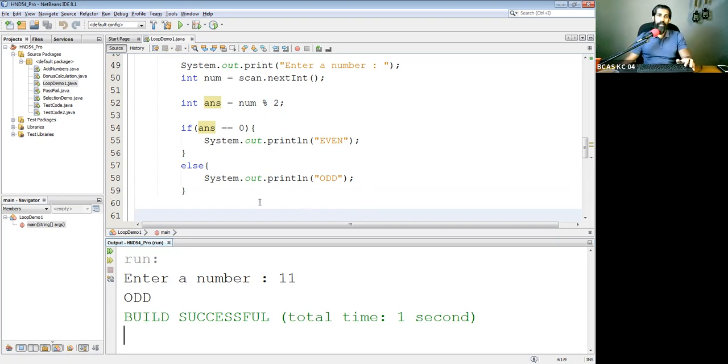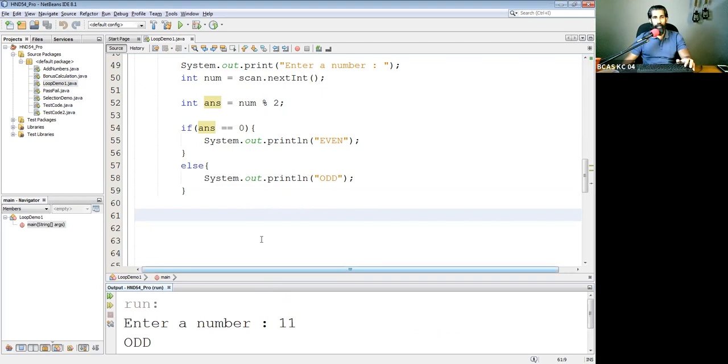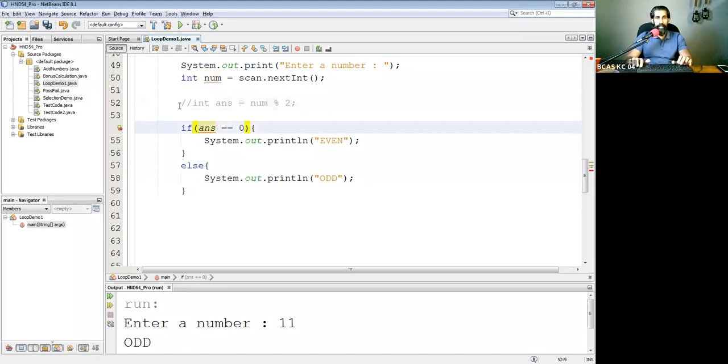Right. Now, each time when you want to do this, we can have this code a little bit modified. Here we are defining a variable called answer, and then we do a calculation like this, number modulus divided by 2, and we check whether it is equivalent to 0. So I'll show you how it can be done without this variable. Let's comment this. Here we can directly do a calculation. Use the entered value, which is number. We can modulus divide by 2 directly inside the if condition itself. If you like, you can put another bracket if you want.